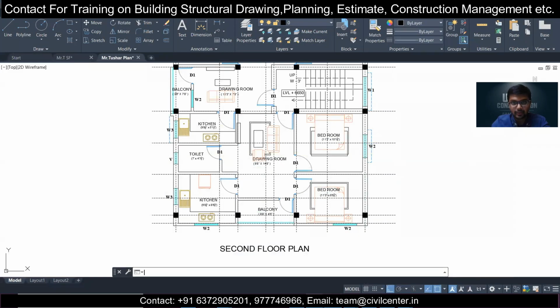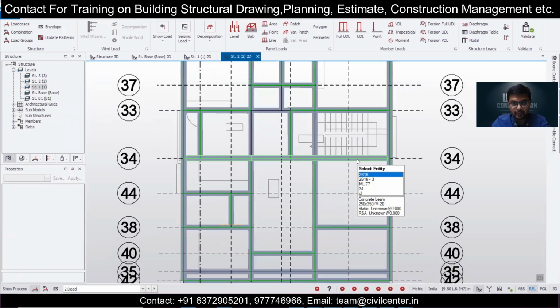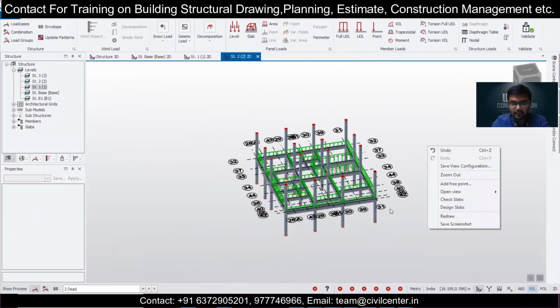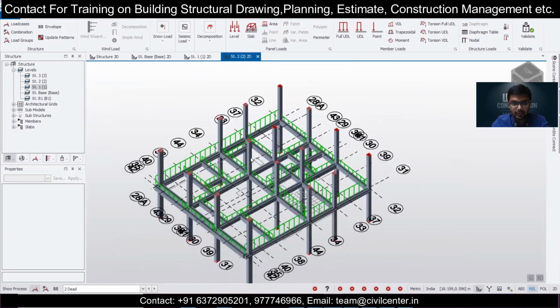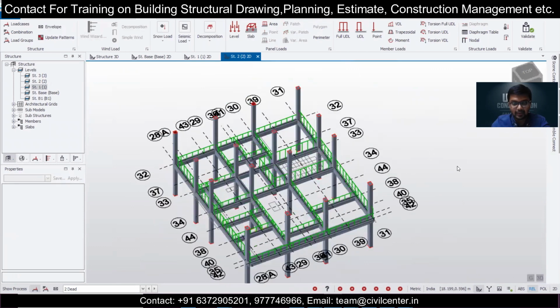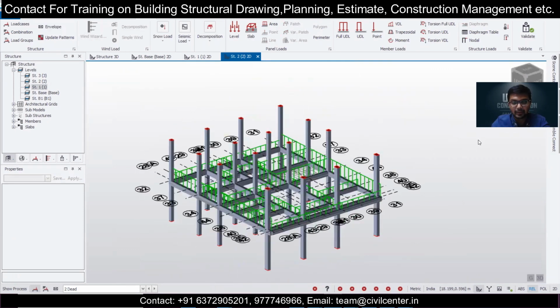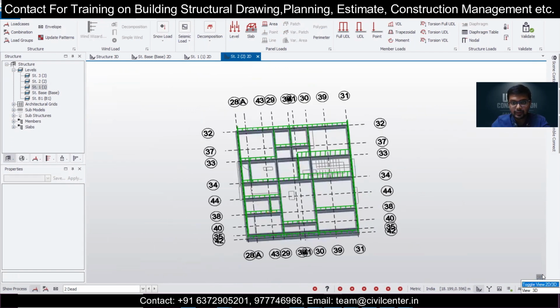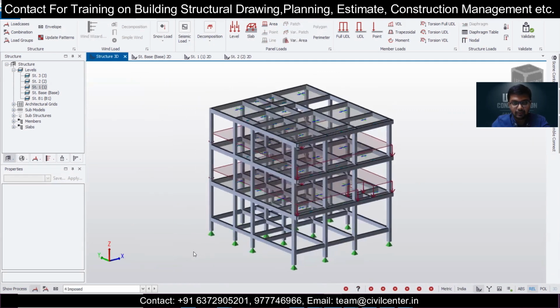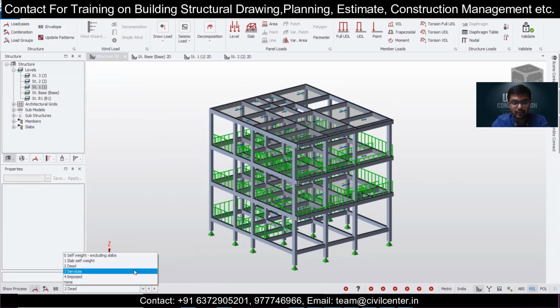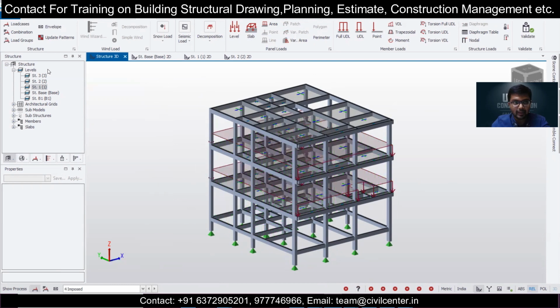This is the opening of the drawing room, and then I think we check in 3D. As you can see the degree of this, the staircase portion, and along the outer walls we have more loads. In the front we have the 5-inch wall, and on the right and left side we have the 10-inch wall. So you can verify it. Very user-friendly software. So here just go to 2D view, and then go to structure here, and we can simply turn on the dead loads and also view it from here. So all looks good.